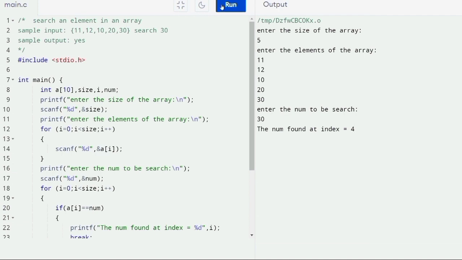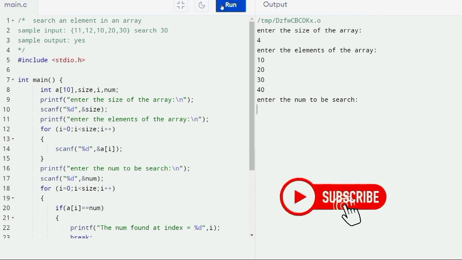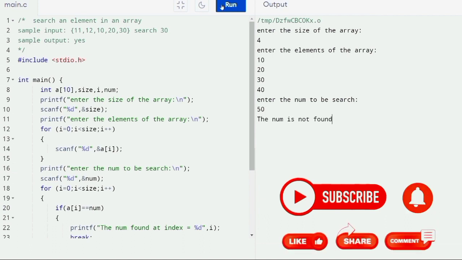So let us check for another value. I am giving, let it be 50. The number, let it be 50. Now if I press enter, you can see here the num is